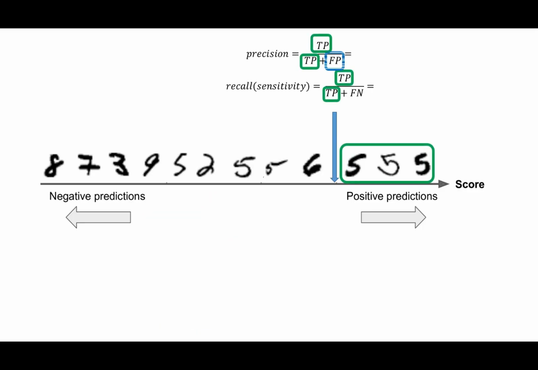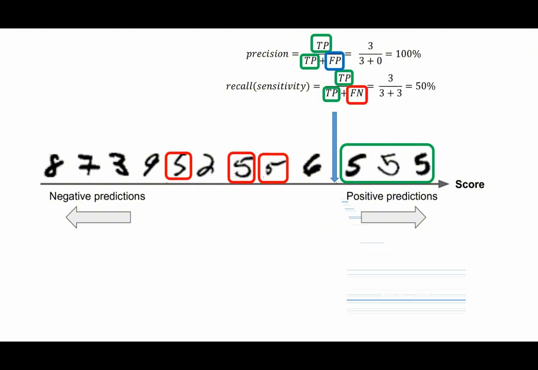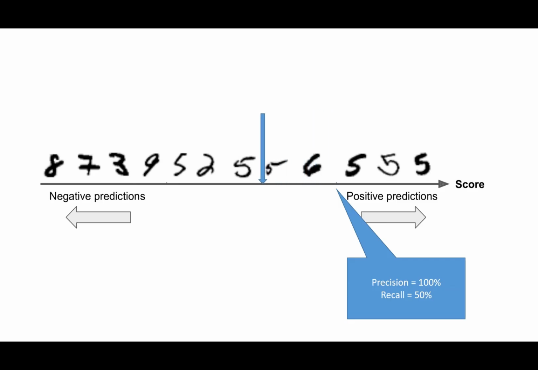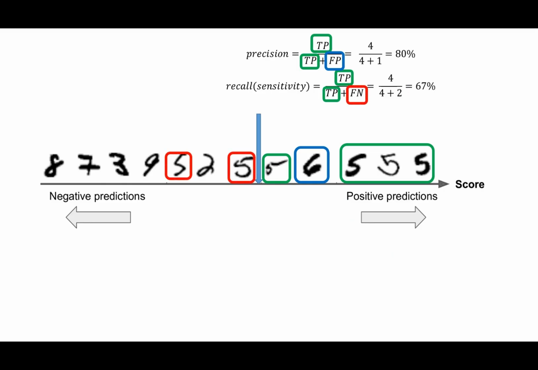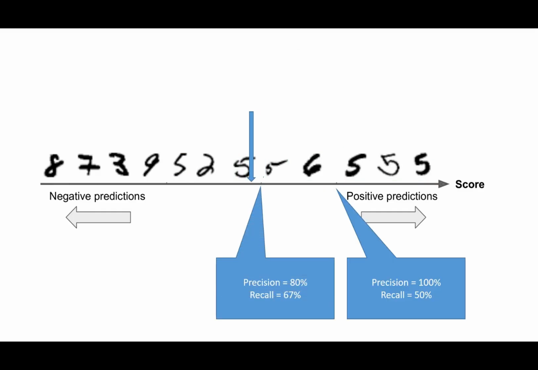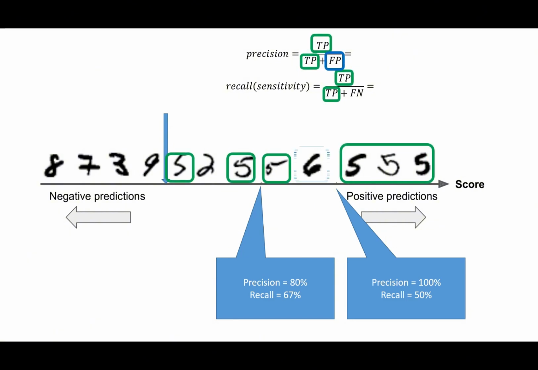And you can probably see where this is going, right? We can move that threshold. If we make the model more strict, raising the bar, we'll get fewer false alarms, which means our precision goes up. But we'll also start missing more of the real 5s, so our recall goes down. And if we lower the bar to catch more 5s, our recall goes up. But we'll start getting more false alarms, and our precision takes a hit.